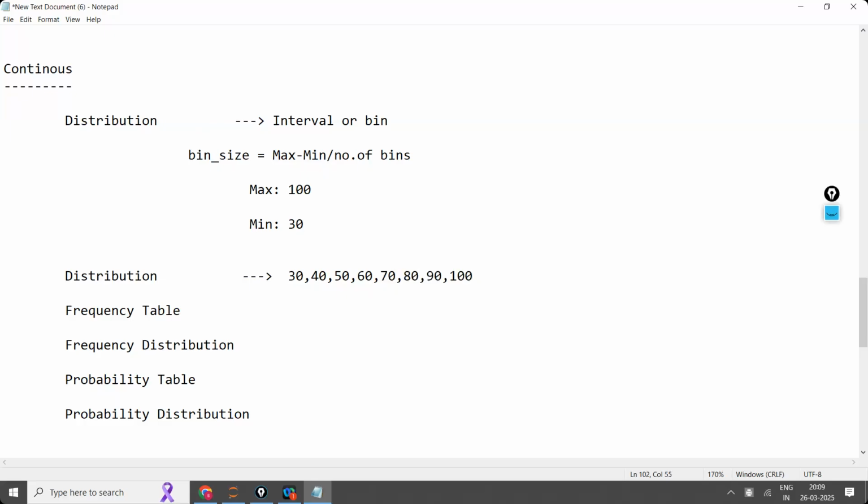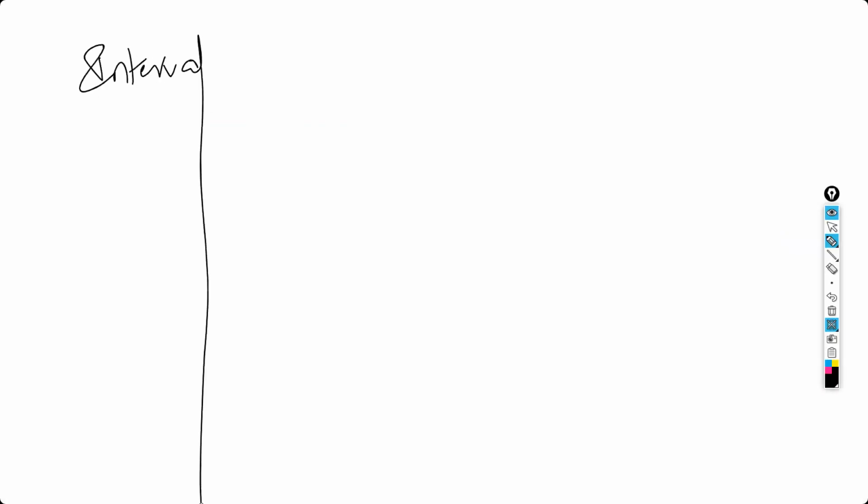This should be on the x-axis. What should be on the x-axis? Value should be on the x-axis. Interval should be on the x-axis. Right? Now, here I am going to take the first. Observe this one, don't write simultaneously along with me. Just keep the image and tell me the answers. Slowly we will discuss. This is more important. First, interval. I am writing heading as interval. And the second one is frequency.